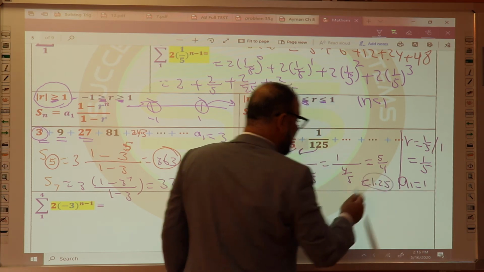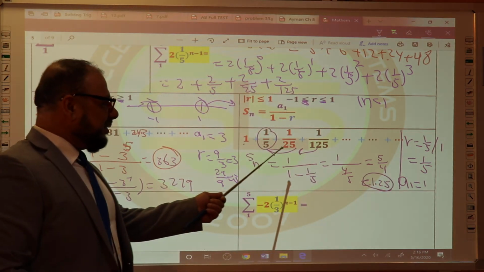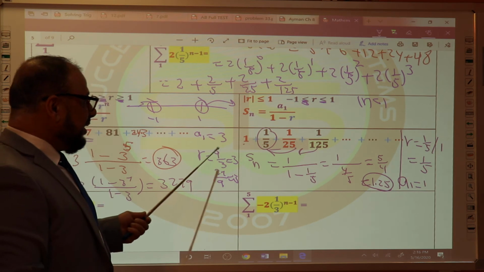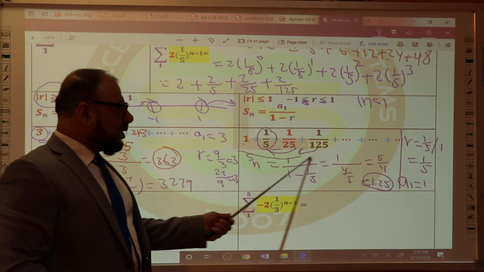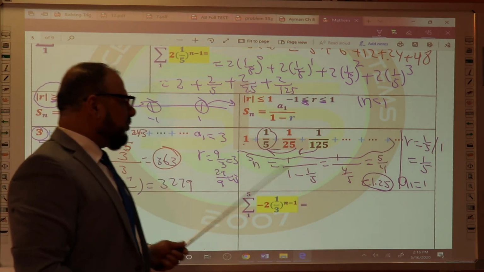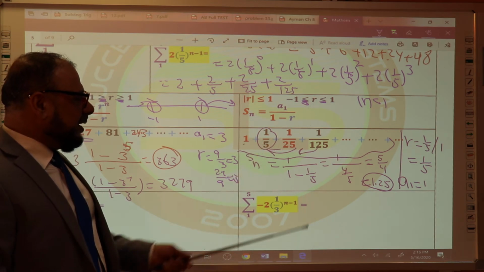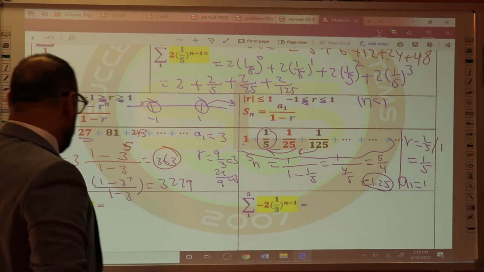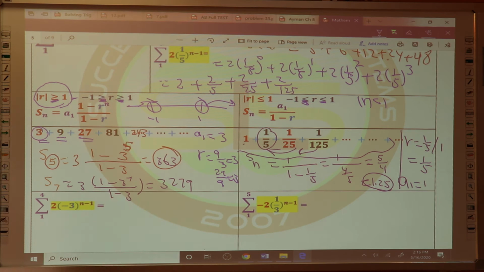It's common sense. Because look at 1.25, okay. If you take all the terms from the first to infinity, it's about 1.25. Okay, more